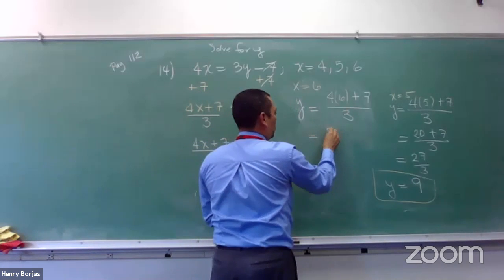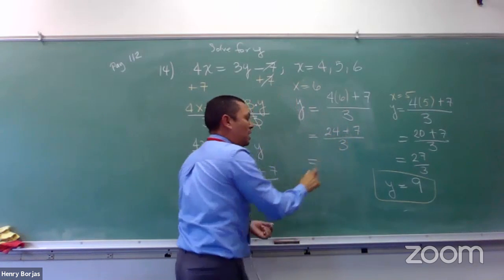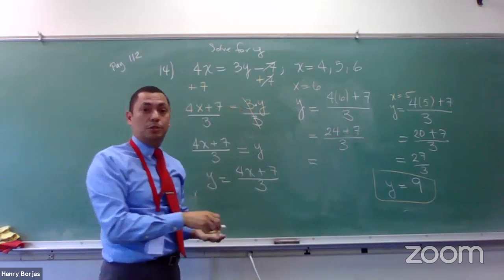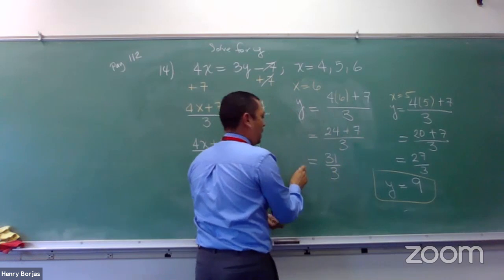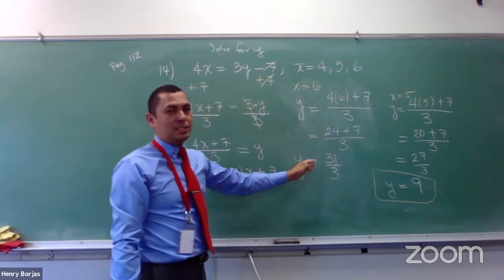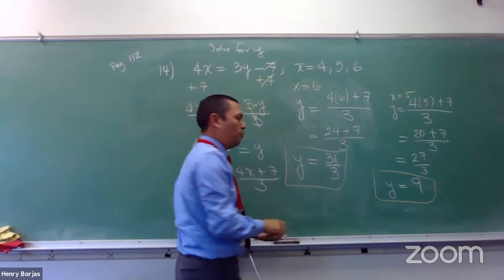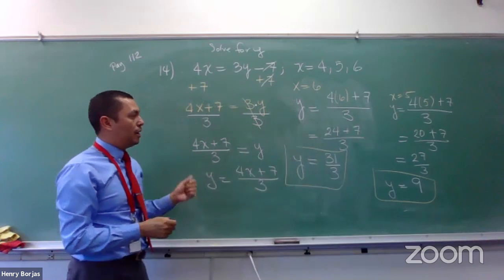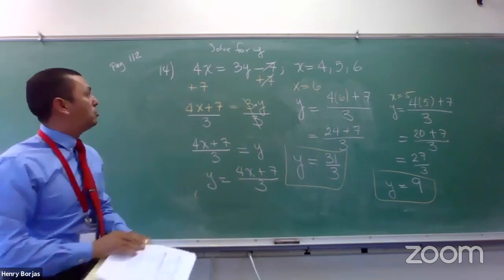So we have equals to 24 plus 7 over 3. 24 plus 7 is equal to 31 over 3. We cannot simplify that expression, and we're going to leave it this way. So far, last example, problem number 14 in page number